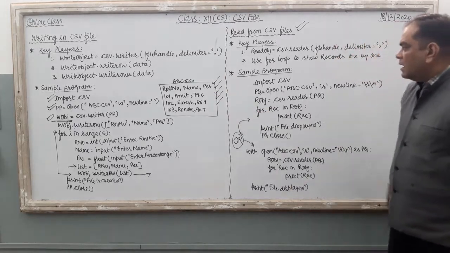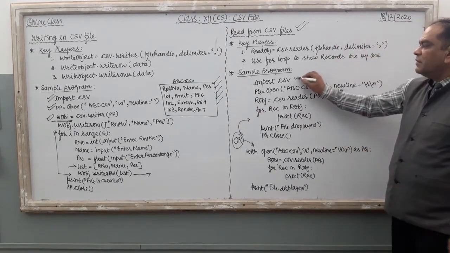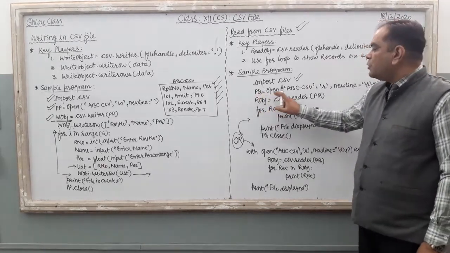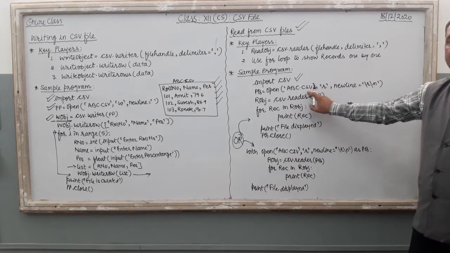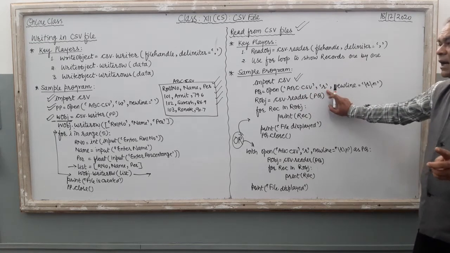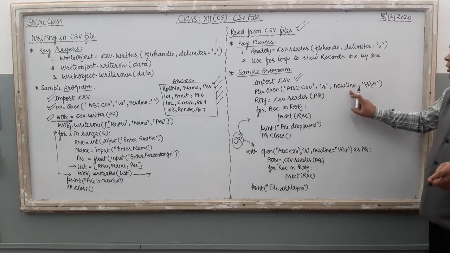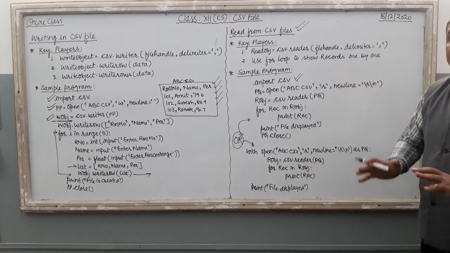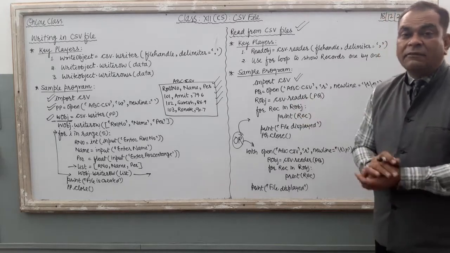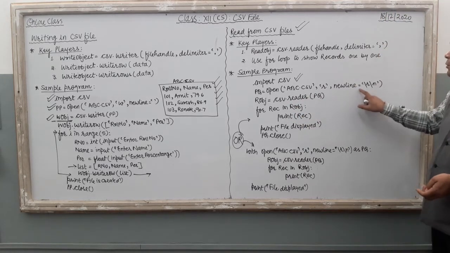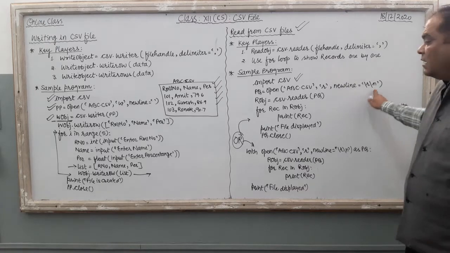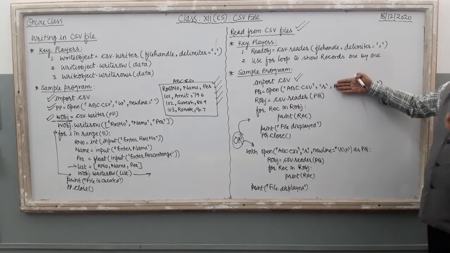Suppose we are going to read the same file. What is the program here? Import csv, the first line. Then you have to create a file handle pq equal to open abc.csv, file name, comma, r, read mode, then newline equal to empty quotes. Right? Suppose if blank lines are there in the file, then you just use a newline \r\n command. If no blank lines are there, then you can skip this part, you can skip the attribute. Clear?